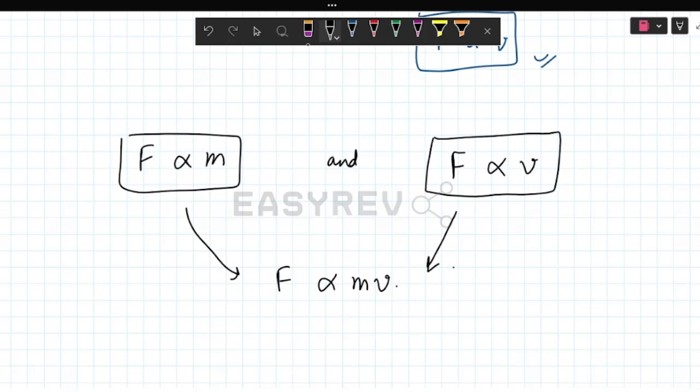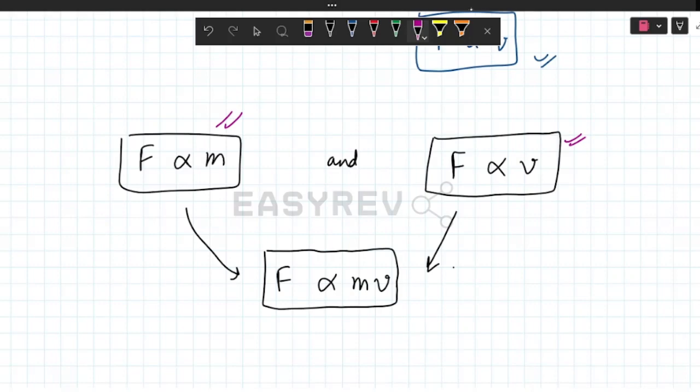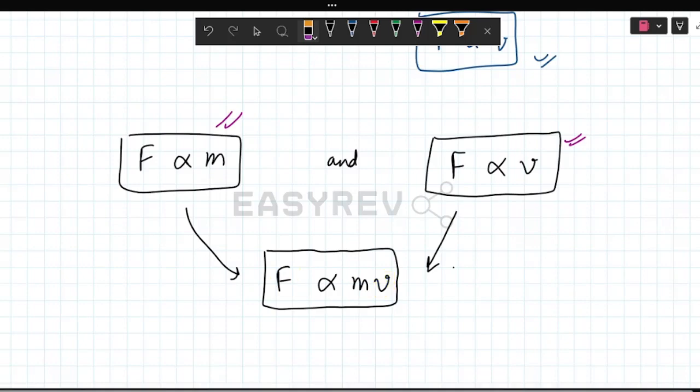This does work because this one equation basically has both of these previous relations combined together. You can see that the force is directly proportional to mass if you ignore velocity for the moment, and you can also determine from the same relation that force is directly related to velocity by ignoring mass for the moment. So with this combined relation, we conclude quite safely that the